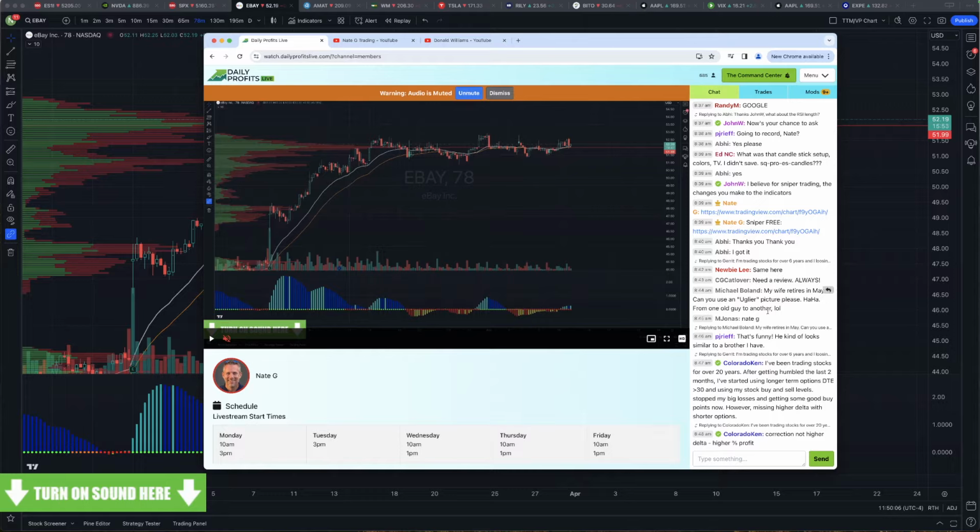Obviously, chat is here. As you can see on the right-hand side, you can add timestamps if you don't already have that by going to the headquarters, and you can put timestamps in there. And if you want to respond to somebody,